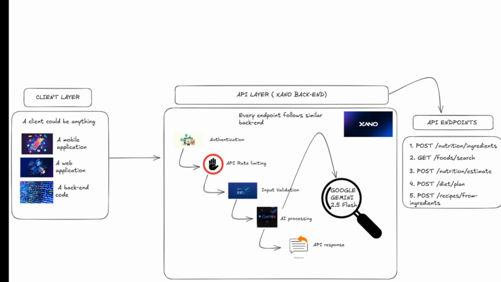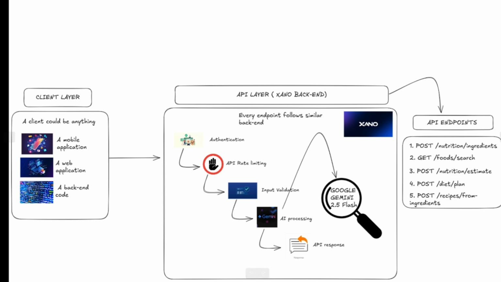Starting from the left, this is the client layer. A client layer can literally be anything: a mobile application, web application, or your backend code. Since we are building public APIs, any third-party developer can directly consume our endpoints using simple HTTP requests and JSON. And the next part is the API layer,